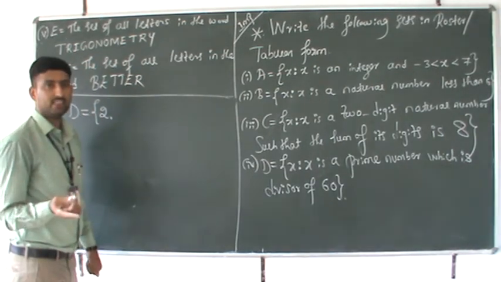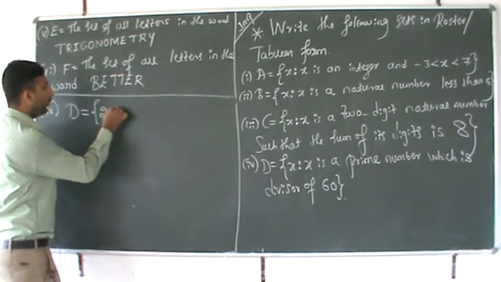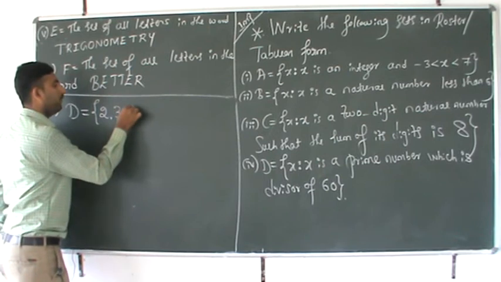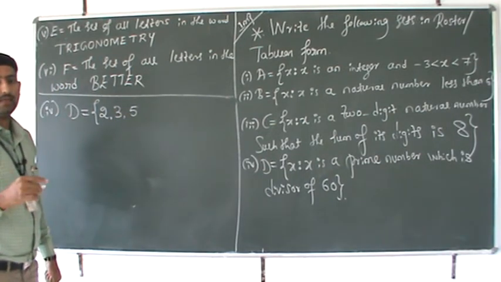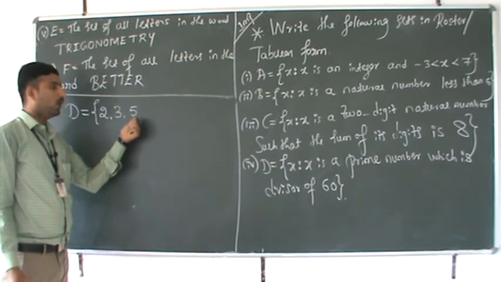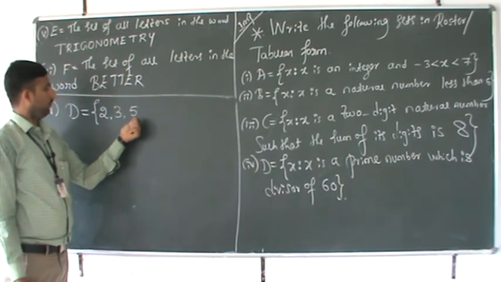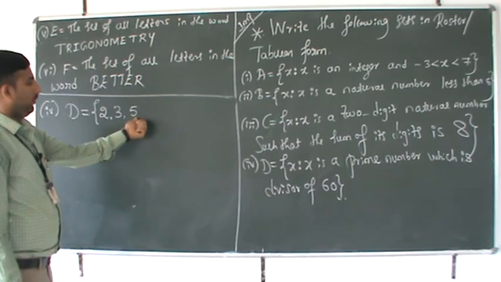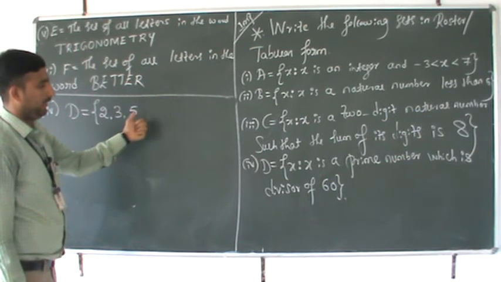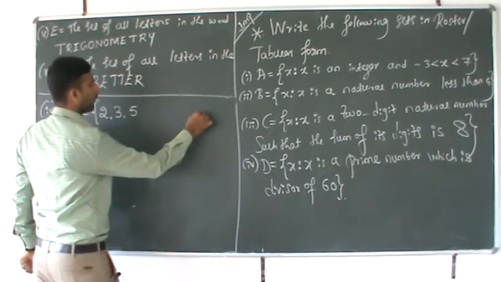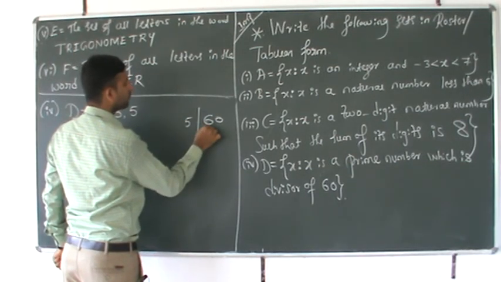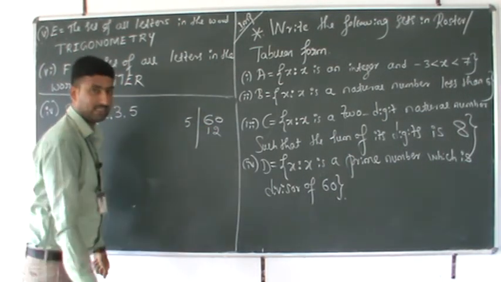2 into 30 gives 60. 3 into 20 is 60. After that, 5 into 12 is 60. So 2, 3, 5 are divisors of 60. Right? 5 into 12 is 60. Therefore,